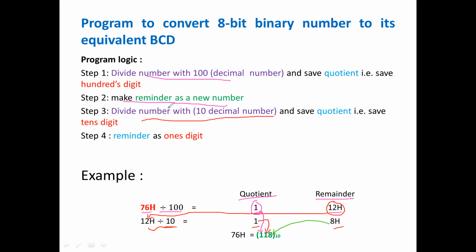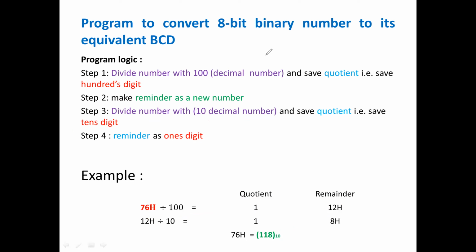The operation is written text-wise here. You can understand it, even in the flow chart it was there. Very simple program. First we are dividing by 100. The result is stored in the A and B registers, that is, quotient and remainder. Take the quotient and keep it as the first, that is the hundreds digit. Take the remainder and once again divide by 10. There will be a quotient and remainder. So this is going to be the tens digit and this is going to be the ones digit. That's it.